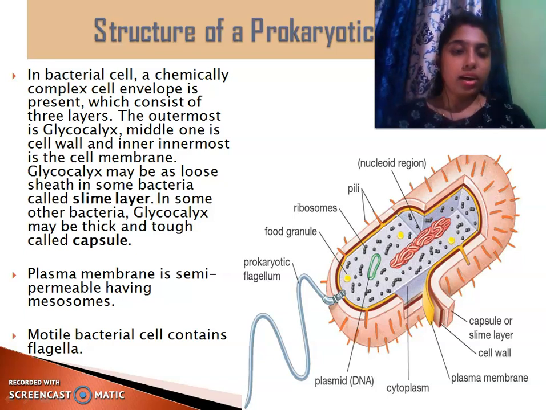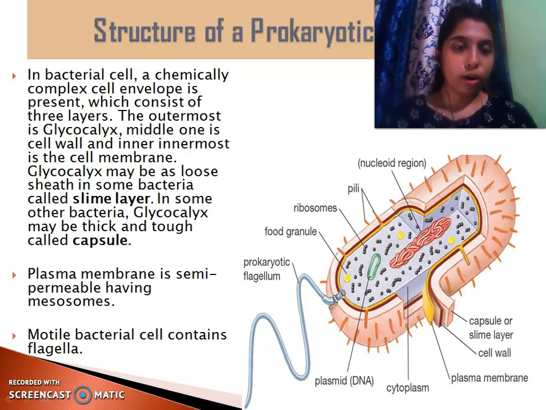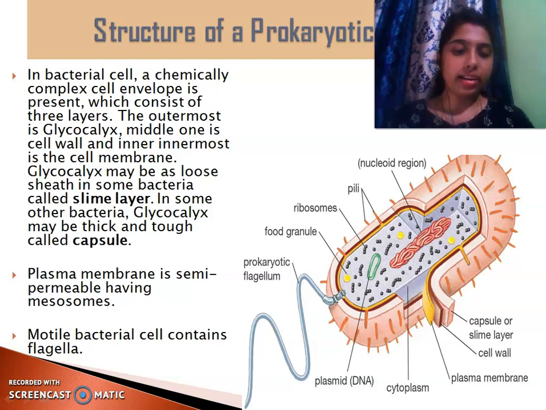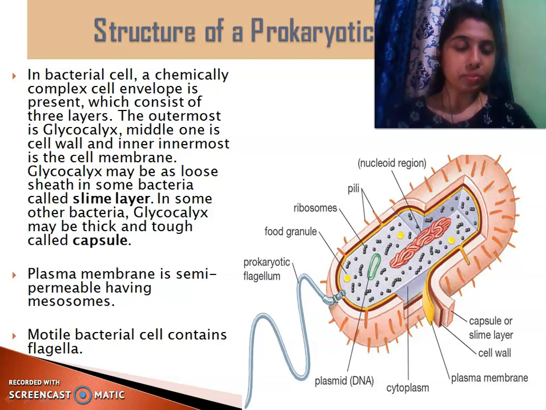Okay. Next, in the cell membrane of the prokaryotic cell, a specialized structure termed as mesosomes is present. What is the main function of mesosomes? They actually help in increasing the surface area of the plasma membrane, and in this way they help in cellular respiration, DNA replication, etc. Okay. Now you can see one sky colored tail-like structure represented in the diagram. That is termed as flagellum, which helps the prokaryotic cell to move from one place to another. That is, it helps the cell in locomotion. Clear?